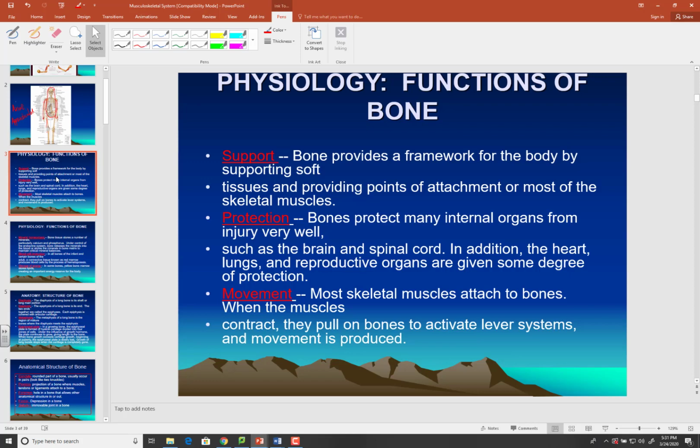One of the big things about bone is it's involved in hematopoiesis, making blood cells. As a matter of fact, the bone marrow is where you make all blood cells: white blood cells, red blood cells, platelets. And remember, platelets are little plates, and they're involved in blood clotting, just like Piglet was a little pig. Anyways,